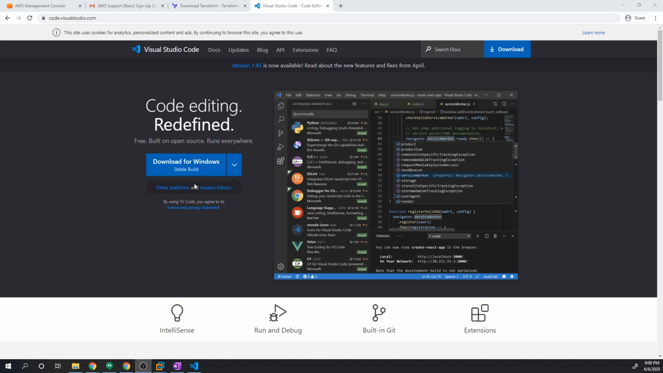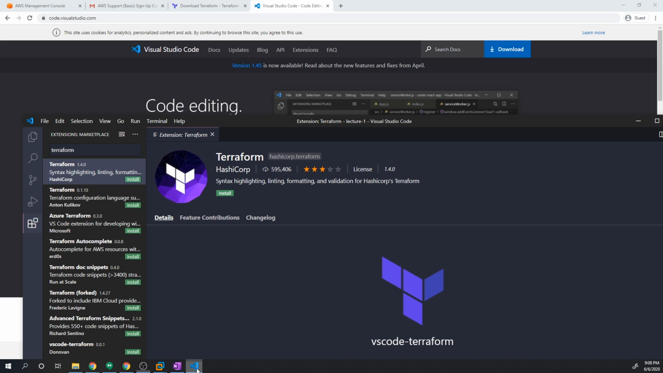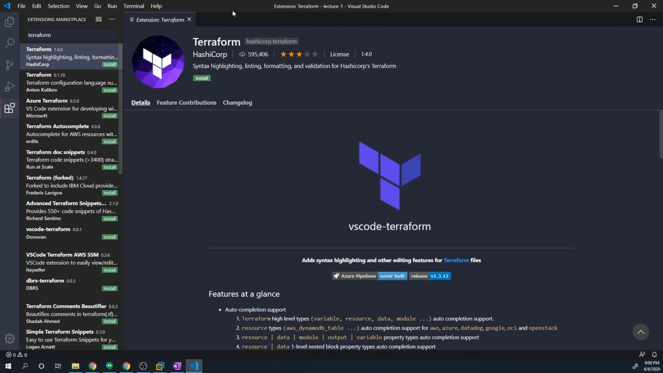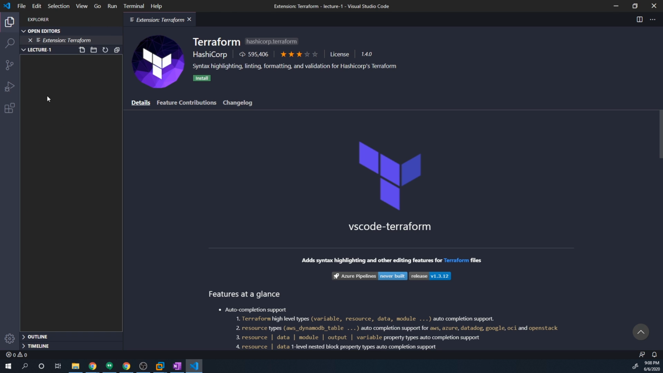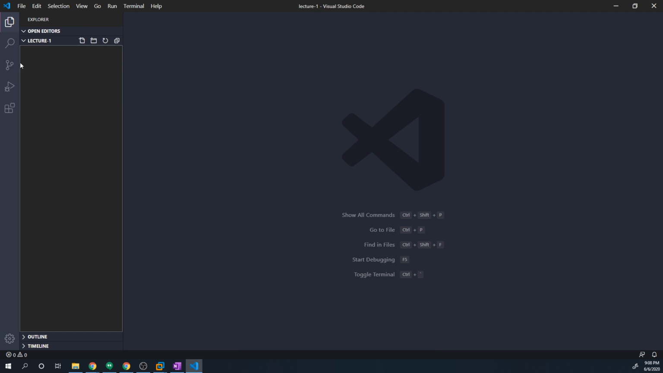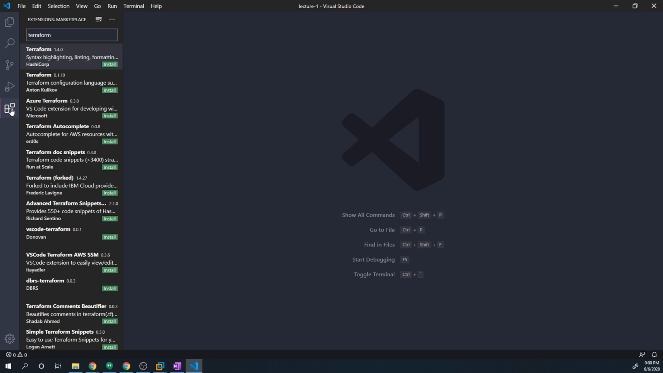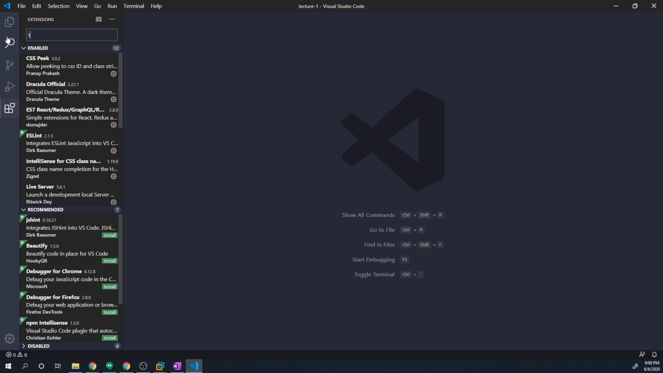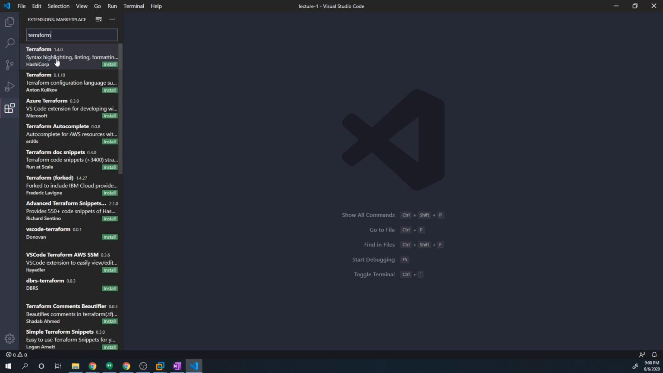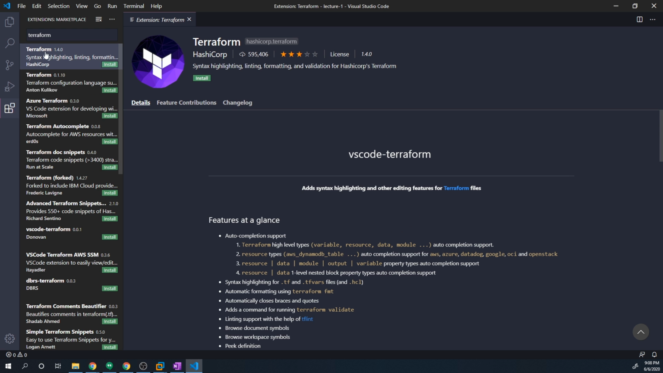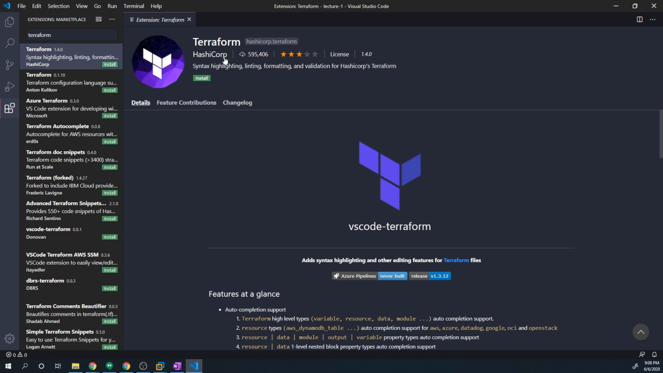But anyways, once you've got VS Code installed, I do recommend that you install an extension. Extensions within VS Code just give you some extra functionality. To see your extensions, once you open up VS Code, you want to navigate to this button right here. This is going to manage all of your extensions, and just search for Terraform. Once you search for Terraform, the first one should be the one that you want. But just to double check, make sure it's the one by HashiCorp, who's the company that makes Terraform,